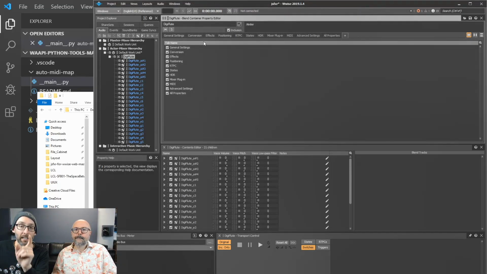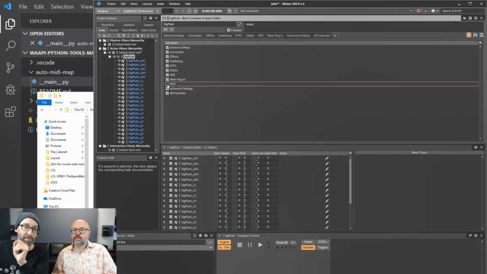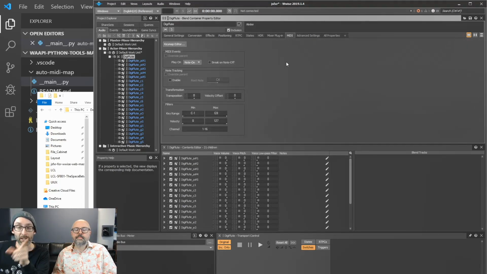In the property editor, by default, the MIDI tab is not shown. So to get further, we need to activate this MIDI tab. Great. So I just did it.